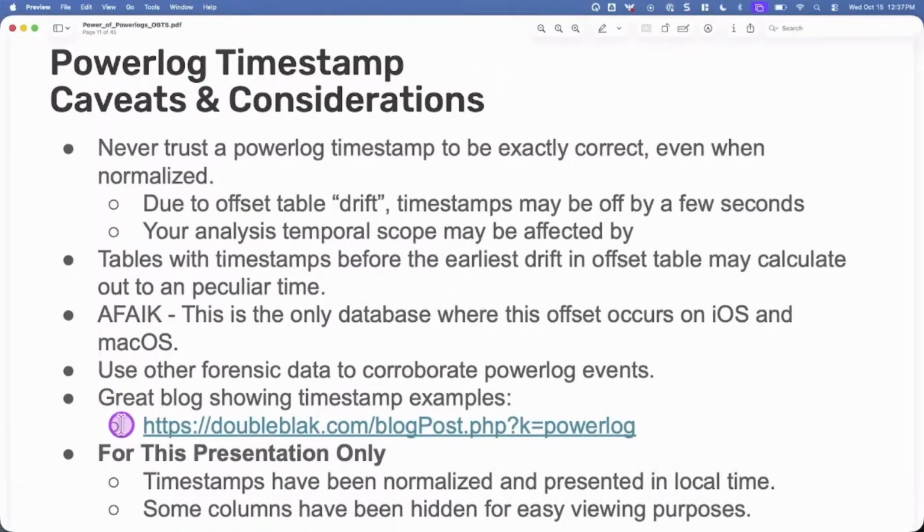Great little blog here from Ian Whiffen. He put that out a few months ago. Highly recommend it for testing how to take a look at those different timestamps. And just for caveats for this presentation, I'm going to show you a bunch of different examples. Certainly not 725 different examples, because I'd be here for the rest of the week. But timestamps have been normalized. I created a script to basically go in and normalize them best that I could. So that's definitely something to be aware of. And they are also presented in local time, local time to where we are right now.